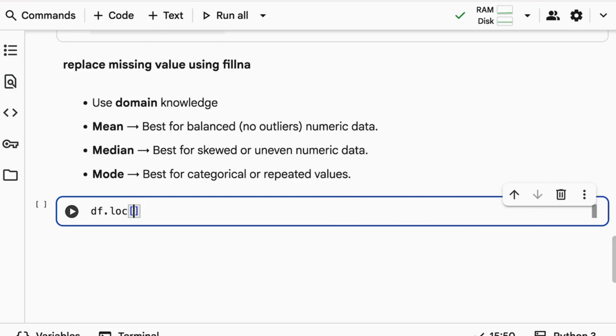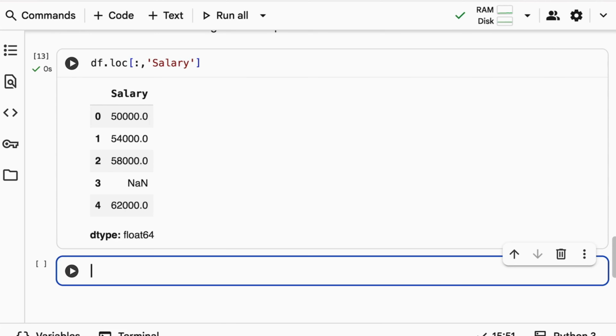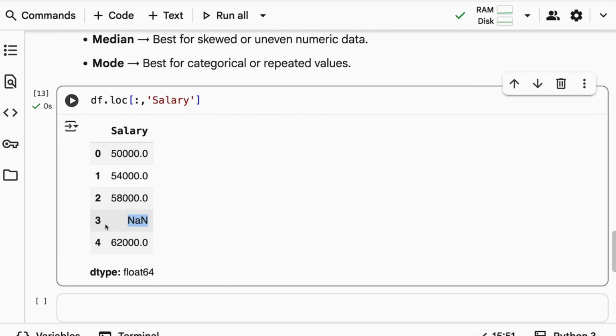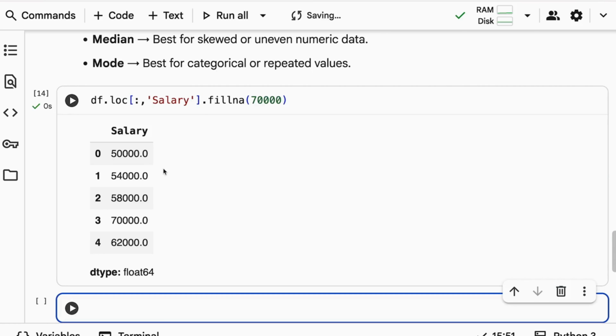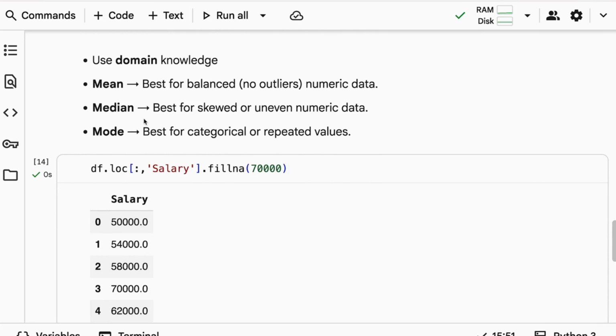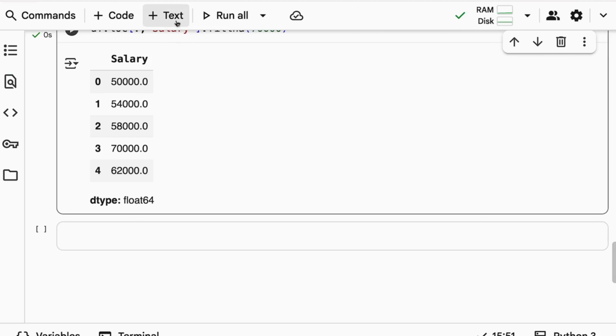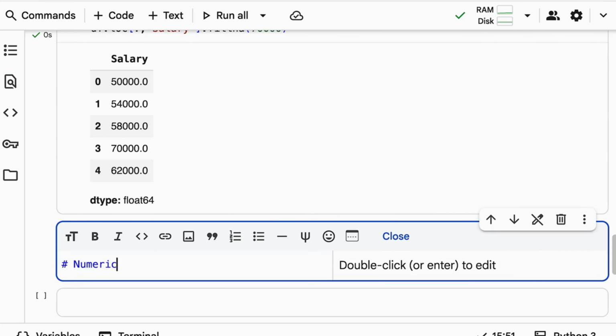First, you can fetch that particular column and use a method called fillna. See, the fourth value is missing. I know what the salary is. Let's say salary is 70,000. I want to fill it. I just fetch the column first, dot fillna, and you just need to mention the value. It's a number, right? Write it directly, like 70,000. See, the missing value got filled with 70,000. Hope it's clear. Again, this is a temporary change. If you want to make it permanent, make sure you assign that to a new variable.